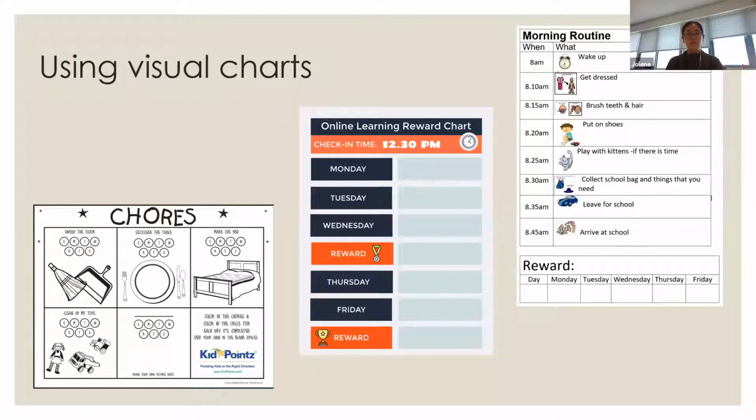So what we would really recommend when you're doing a visual chart is to involve your children in the process, even if it's things like picking out the color or what the wording should be, or having them draw out, for example, if it's time to wake up, what waking up looks like, maybe a bed or an alarm clock. If they are involved in that process, they'll be more willing to engage in it. And it's really good across the ages, and it can be adapted according to where they're at in their stage and what their day looks like.